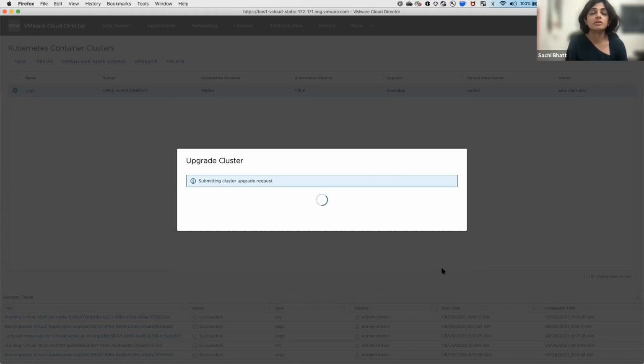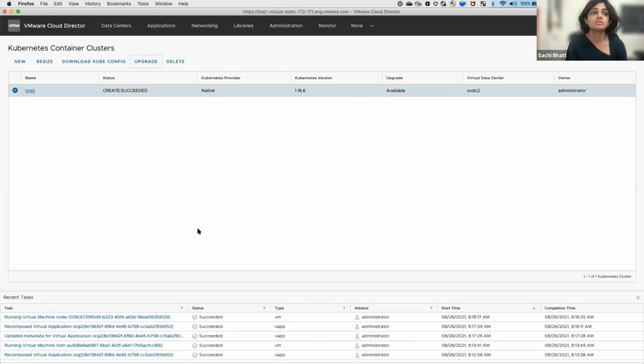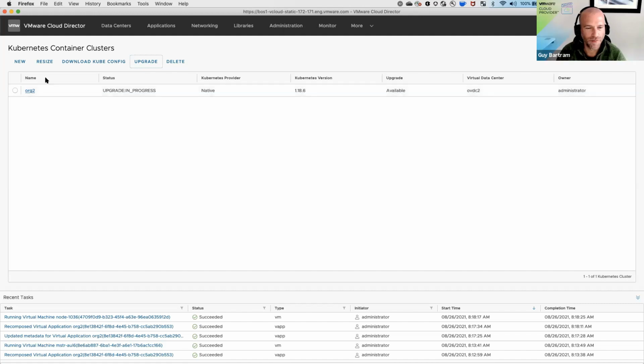So once we click on upgrade, we can see the tasks and the status change from successful to running to upgrading. This operation will also be available for TKGS clusters. It's just that we don't need the CSE service to be running over there.